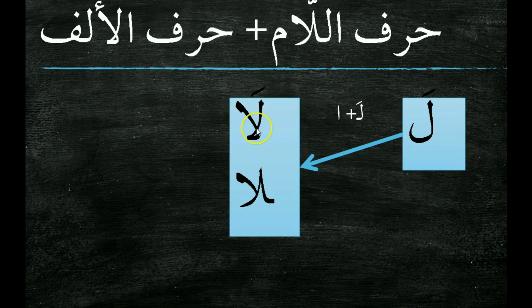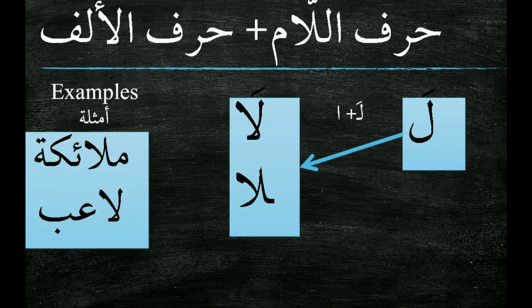For example, before an alif, either they draw it like this, la, or like this, la, and here the lam connects from this side. So it takes the alif semi above it. Okay. Examples: malaika. It doesn't have elevation at the deepest part of the tongue, so you don't say